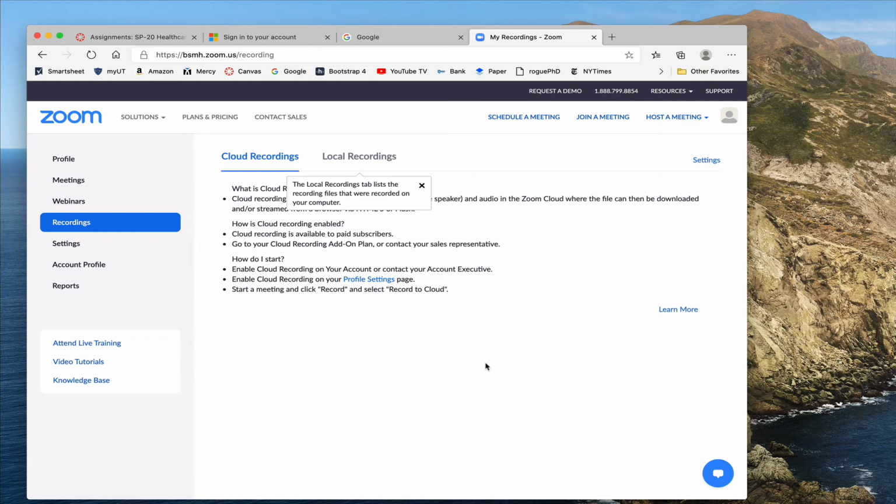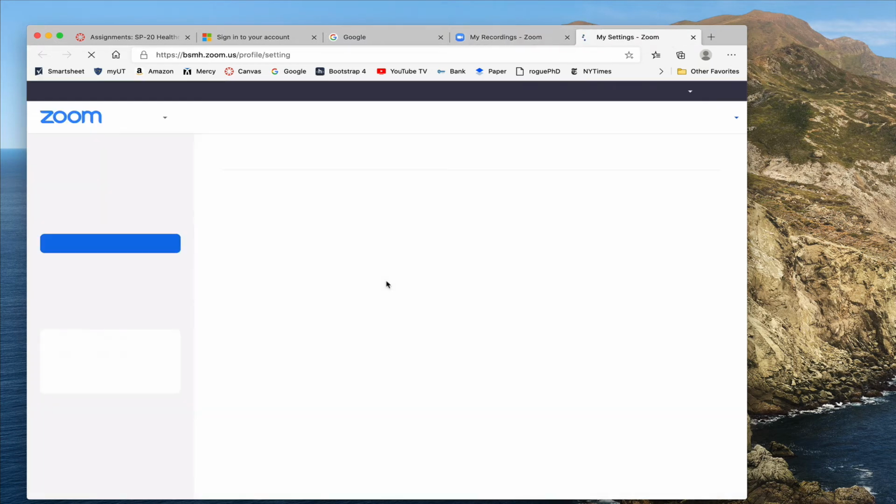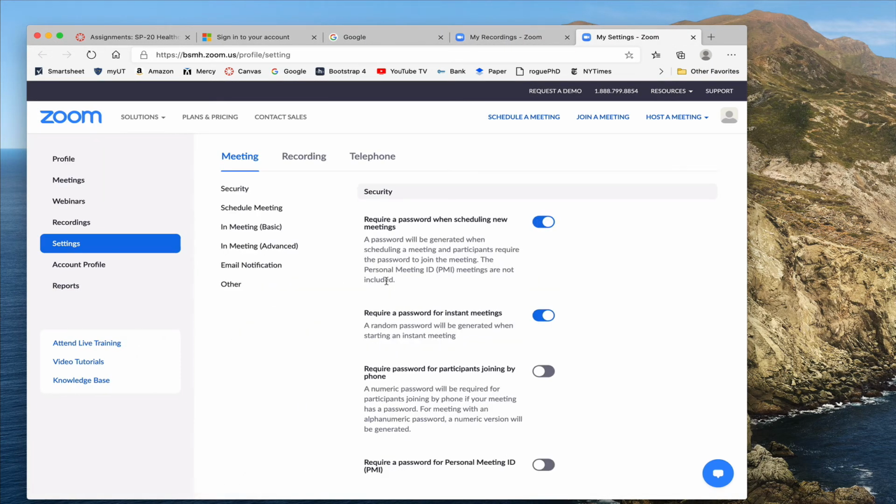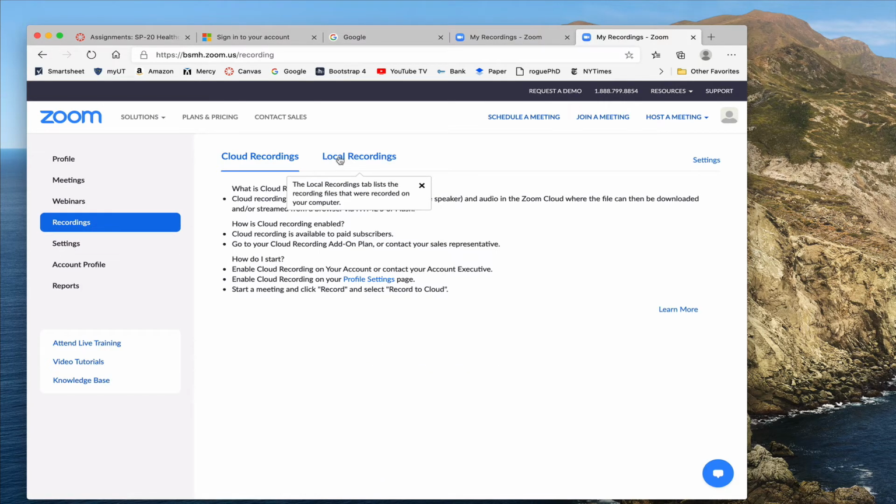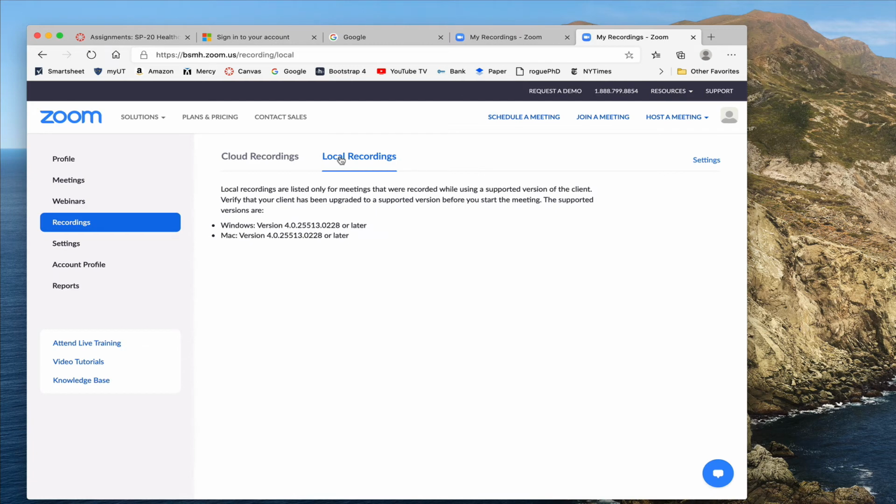Now, it is my understanding that cloud recording is not enabled on our computers. So if you click on cloud recording, you're not going to be able to do that. But that's fine because this is easier anyway. When you are on the recordings, you want to go to local recordings. And what that means is